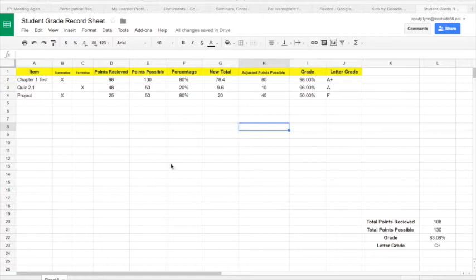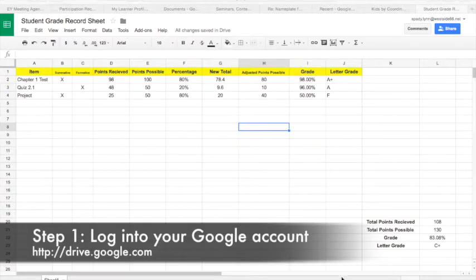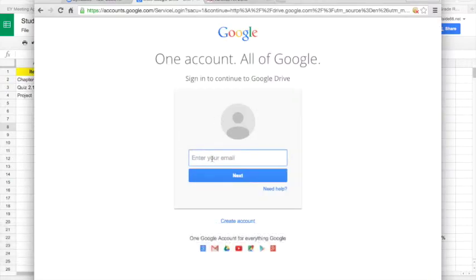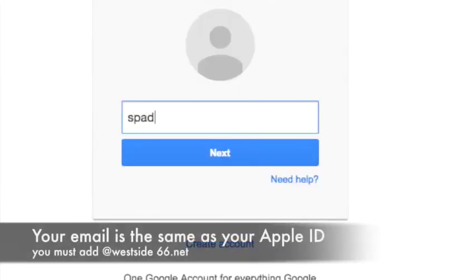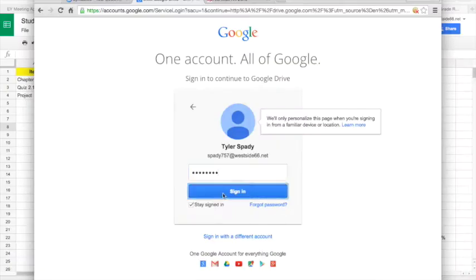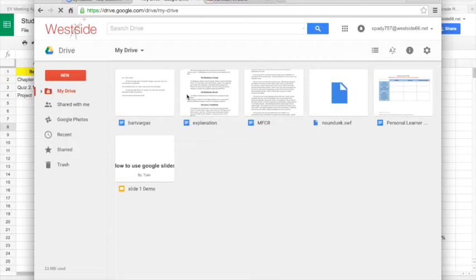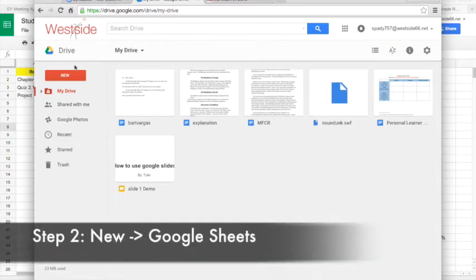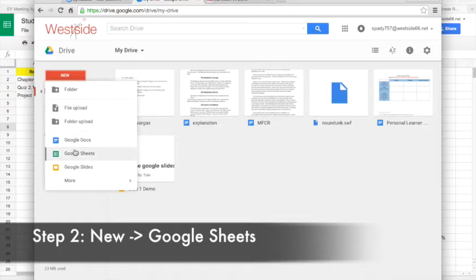So what we're going to do is first of all have you log into your Google account. I'm going to open up Chrome here, and I'm going to enter my email address. Next, enter in your password. That should take you right to your drive, and you know that you're logged in by the information up here in the right-hand corner. So I'm going to go to New, Google Sheets,